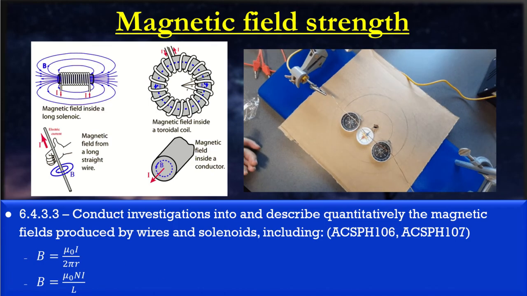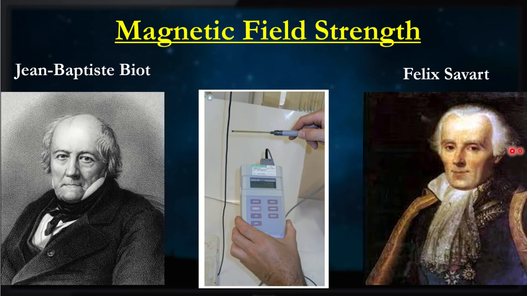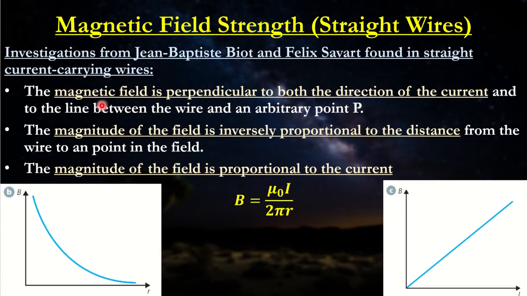Okay, let's actually look at the calculations when it comes to a straight wire conductor and then a solenoid. So in terms of calculating magnetic field strength, there were these two gentlemen who did the experiment many years ago, and they found a couple of relationships when it came to a straight wire conductor and the overall magnetic field strength. They found that the magnetic field is perpendicular to the direction of the current. So if you recall your right hand